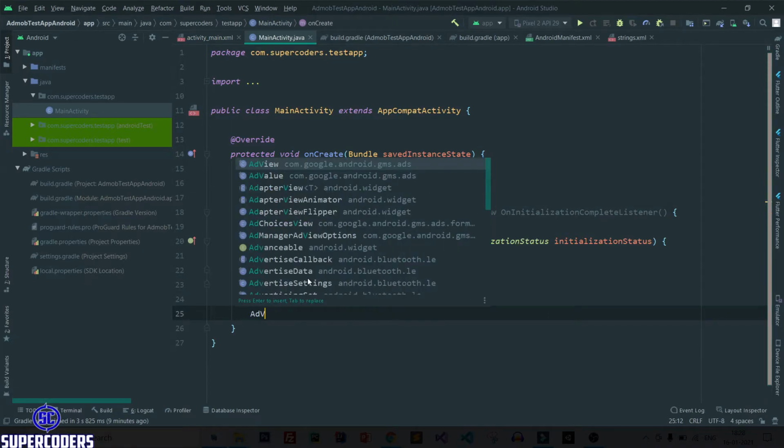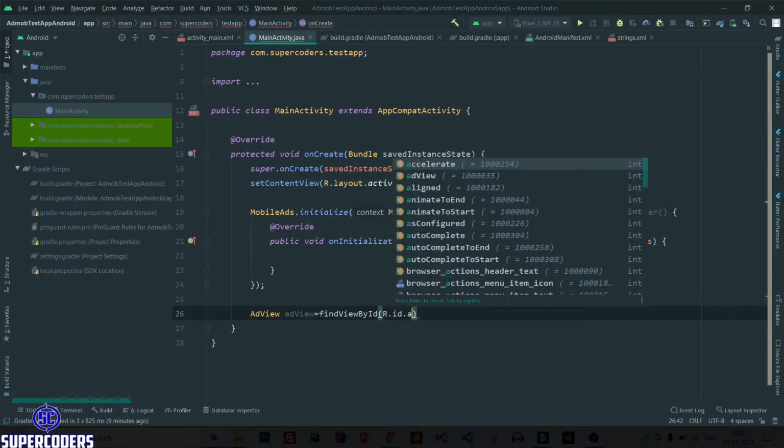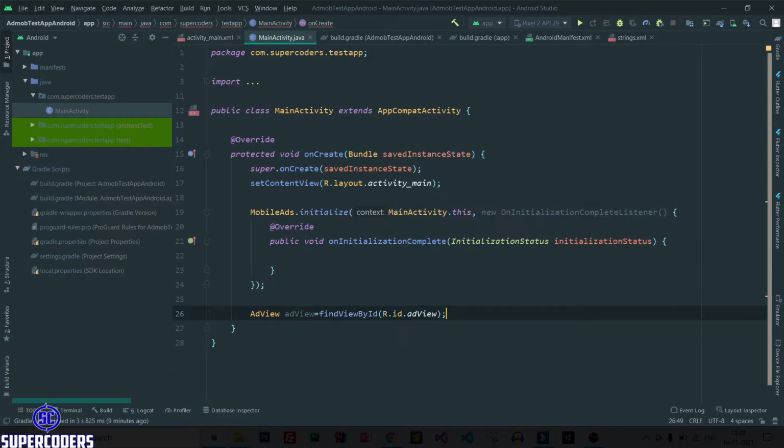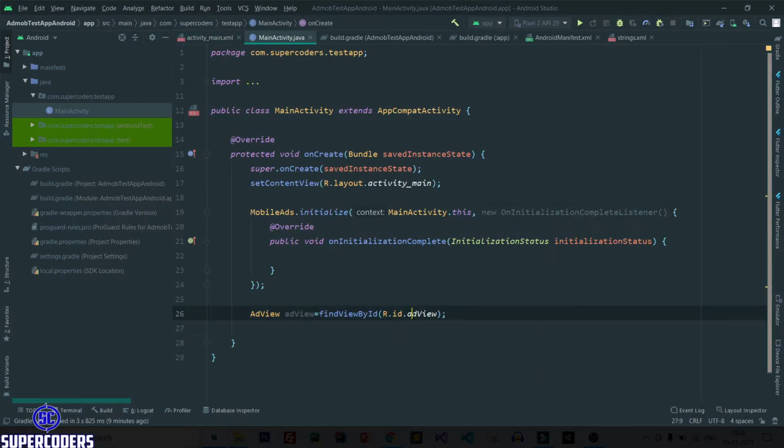After that, come to main activity and let's find it. So AdView, findViewById, R.id.adView. Let's check the ID. AdView. After that, let's create an ad request object.